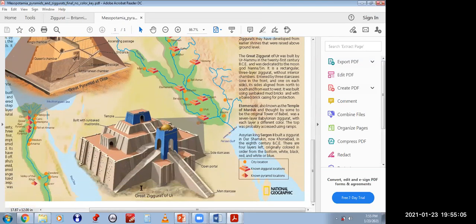This is a ziggurat. A ziggurat is a square shape or a rectangular shape or circular shape. It is used as a temple. So the main difference between the two are,